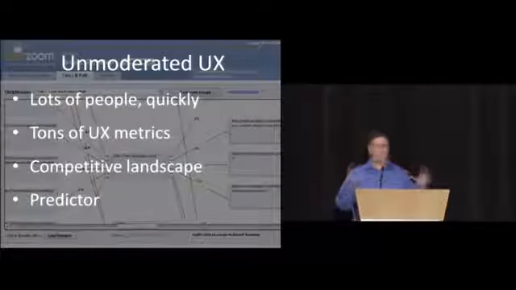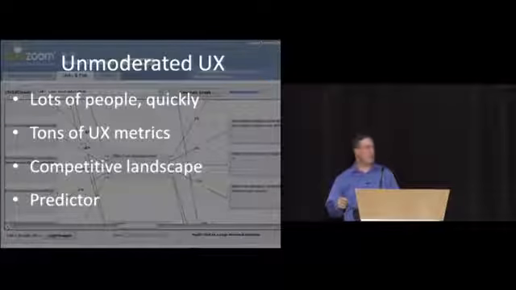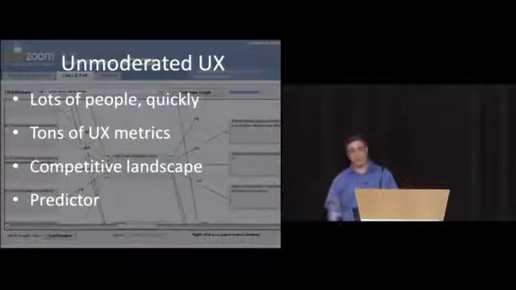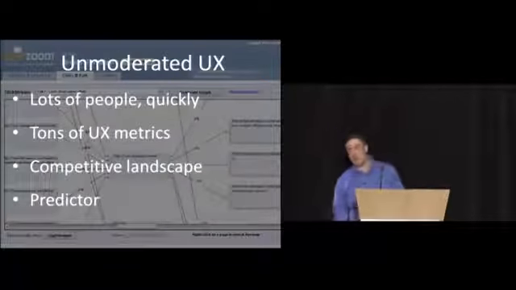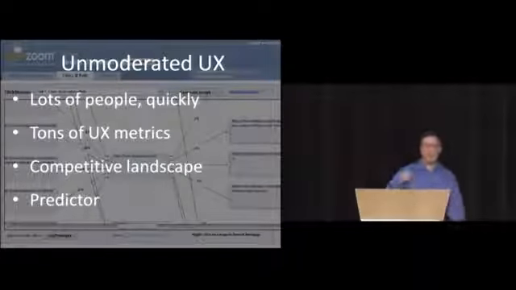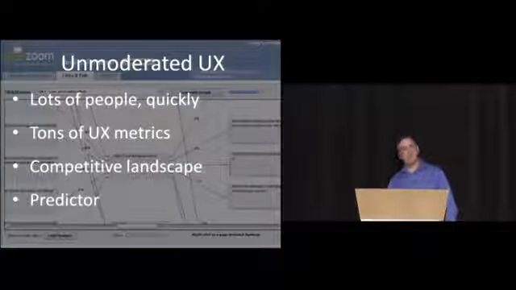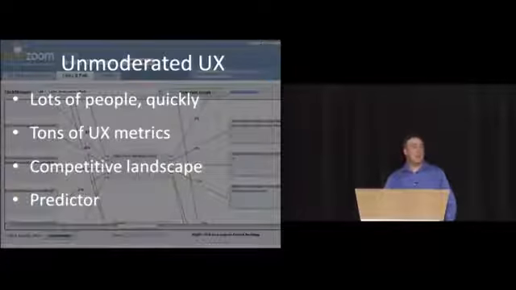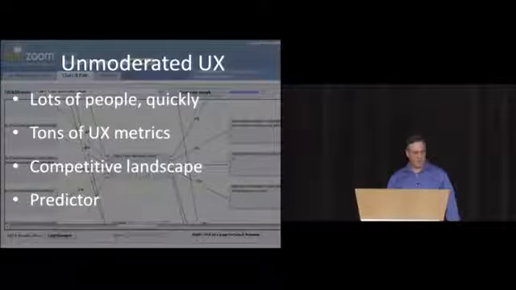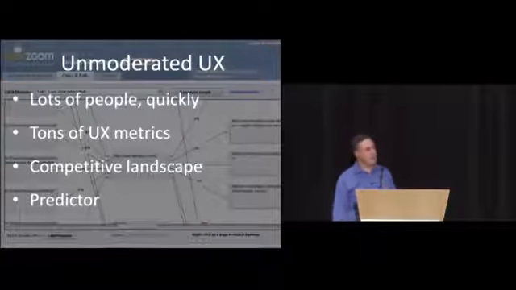It's wonderful. And what it does is UserZoom and other products are probably going to be the richest UX data set that you have, because you can get at both the qualitative and the quantitative and look at both behaviors and people's attitudes. You can get a lot of people very quickly. You can get tons of metrics, including things like click paths, and you can also look at the competitive landscape. You can see how are we doing relative to our competition across all these different types of metrics. And I would say it's a really good predictor of what actual experience is like.